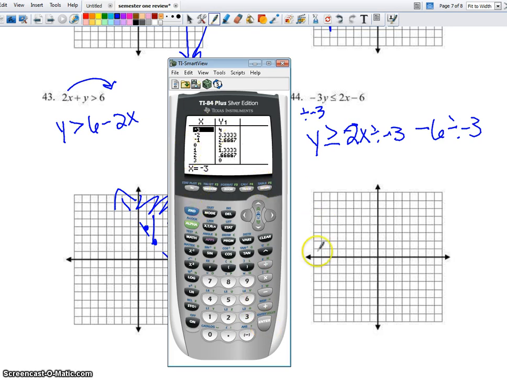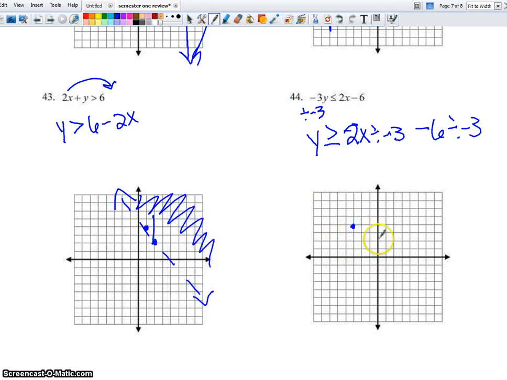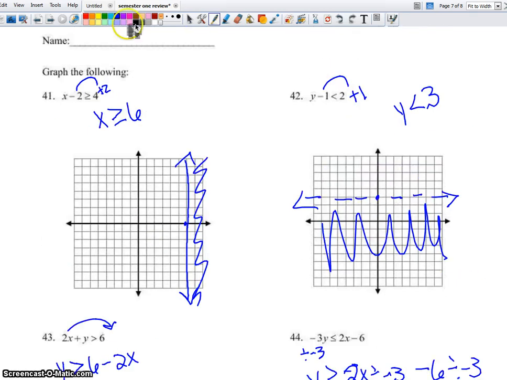-3, 4, and 0, 2. This one is a solid line because it has a line. It is pointing away from the y, so you shade above. Going to the next page,